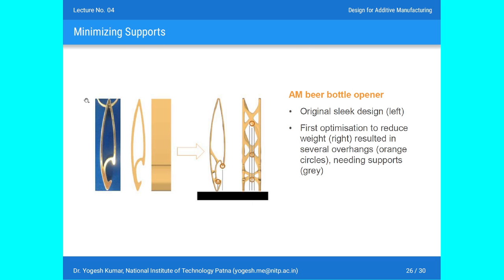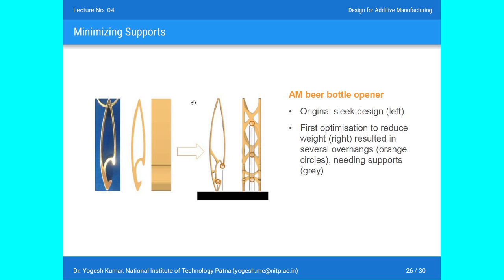This is also a case study by the same company, Renishaw, and you can see the component which needs to be printed. This is shown originally here. You can see this is a bottle opener. This may be a beer bottle opener or a soft drink opener. If you want to print this component using 3D printing technology or additive manufacturing technology,